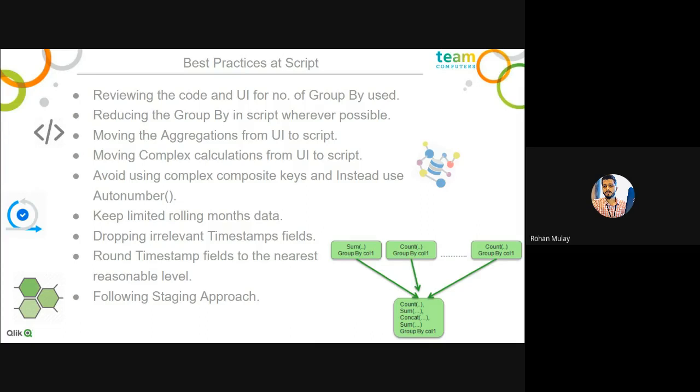We can use the Document Analyzer application to analyze a particular QlikView application. If you put that application in the document analyzer and reload it, you will get all the details: which particular object is consuming more memory, and which is taking more calculation time. Based on that, you can sort and target specific charts which are taking a lot of time.